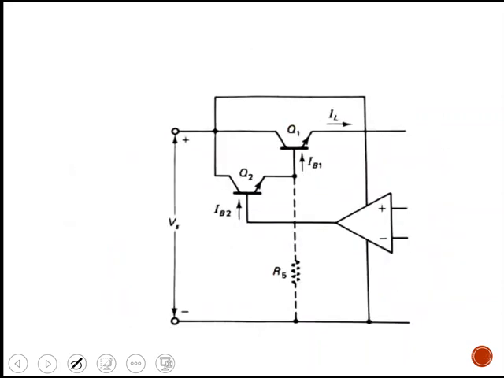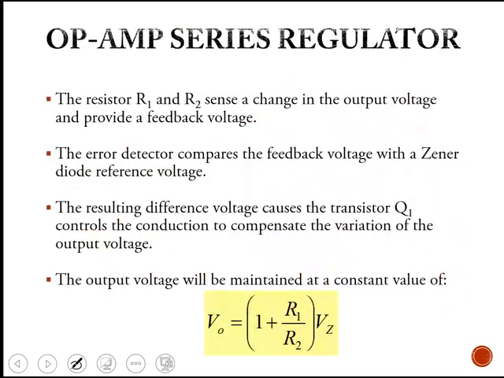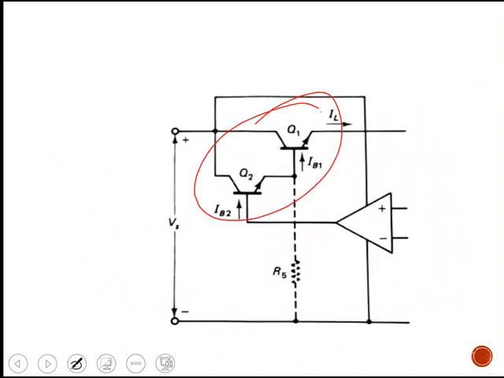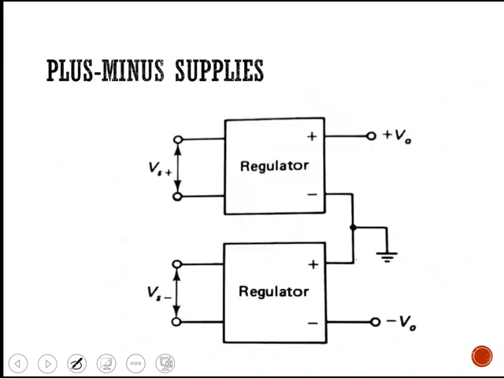If you want to design a circuit which draws a large current, or for higher ranges of currents, we need to go for a Darlington pair instead of using a single transistor. The same circuits can be modified. So instead of one transistor Q1, we can have two transistors which act as a Darlington pair, thereby increasing the current capacity.